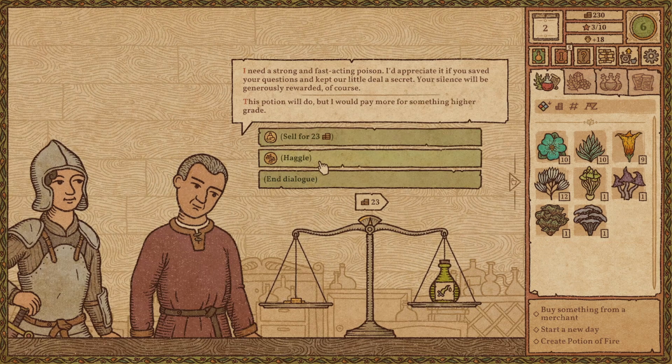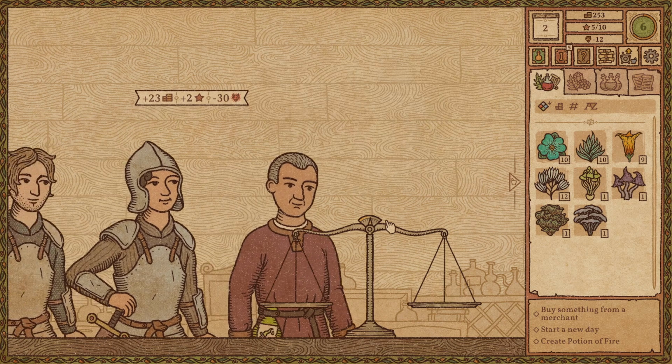Oh, he liked it. Good, good, good. Okay, he likes it. Ideally, we would have made him a level 3 and he would have been super happy. Oh, he actually wanted something even higher grade than this? Oh, no. He was still happy with it, but...